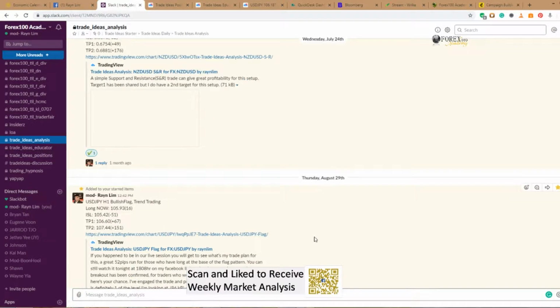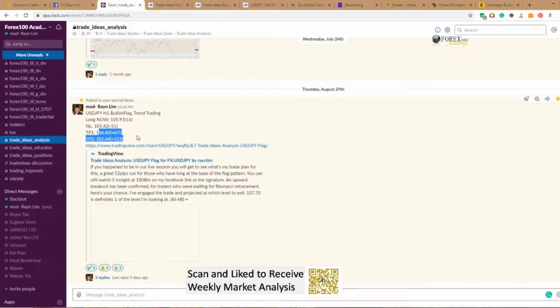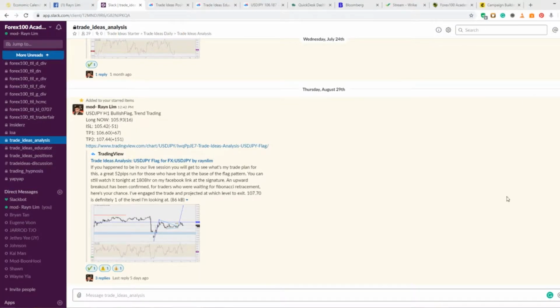All right, so dollar yen 219 pips, target 406 pips. Trade ideas analysis on dollar yen, you see how I stack my trade, 151 pips. That's how crazy. If you really like trading ideas like this, just head on to our website